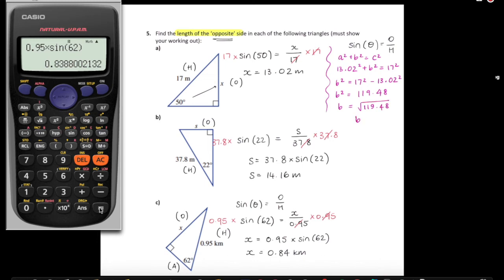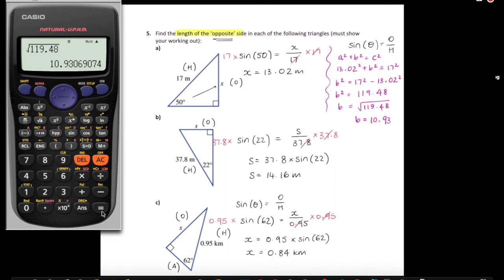And again, putting that into my calculator. So if you look at the screen now, I'll do the working out here. So we've got the square root of 119.48. And that gave us a length of